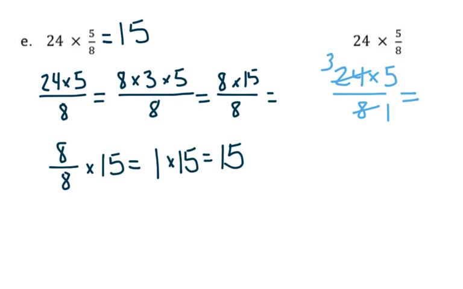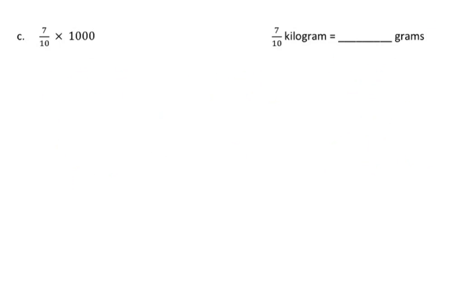And then 3 times 5 in the numerator, so it would be 3 times 5 over 1, which is equal to 15 over 1, which is equal to 15. So there's two ways. There's actually more than two ways to solve this problem, but here's two examples of how to do it. Okay, we're going to take a look at question 3, and it says solve each problem